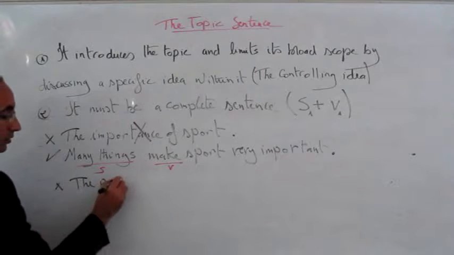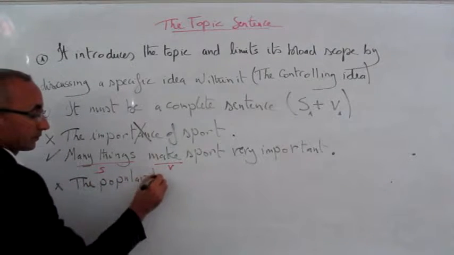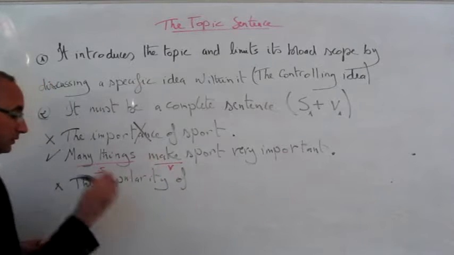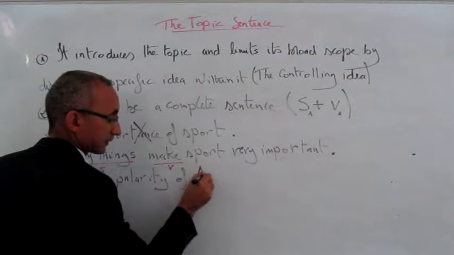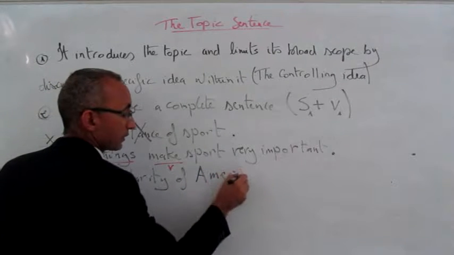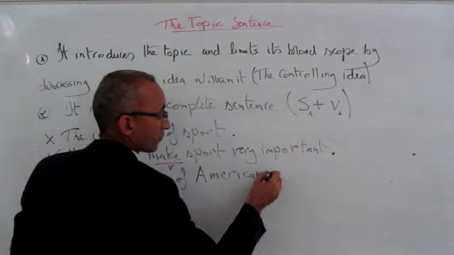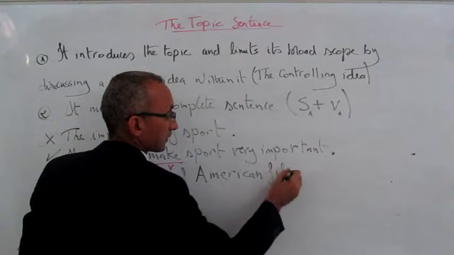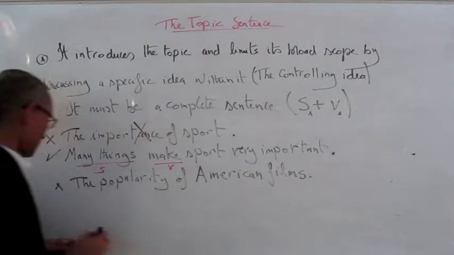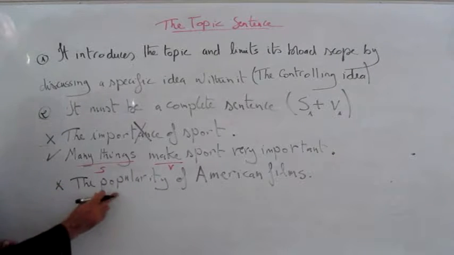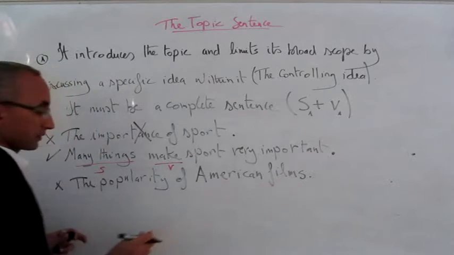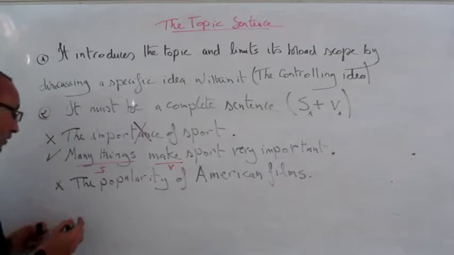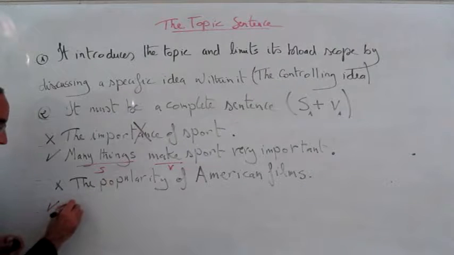The popularity of American films or movies. This one is wrong because, as you see, it contains no verb. Popularity of American films. Right, only a fragment here. So we correct it and we write